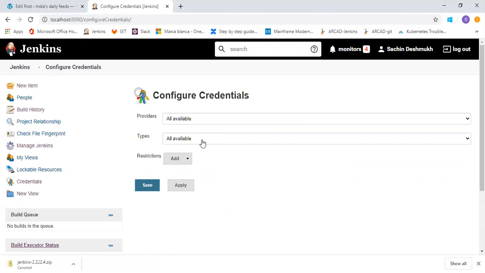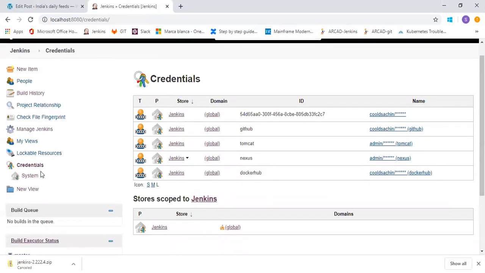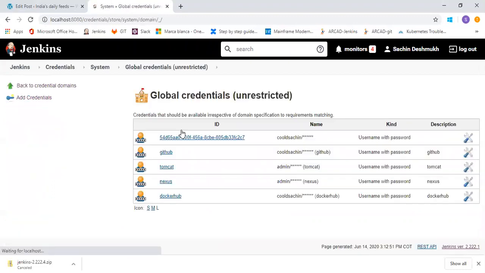So you can configure your credentials from here. You can see the credentials section here. You go to system, global credentials. I have set up credentials for GitHub, Tomcat, Nexus, and Docker Hub.